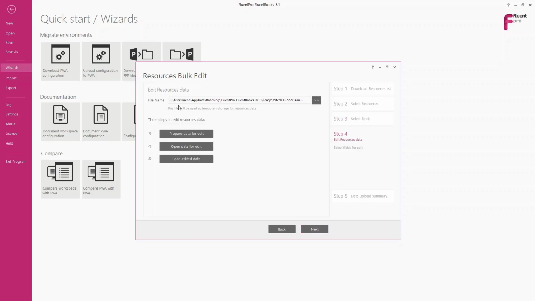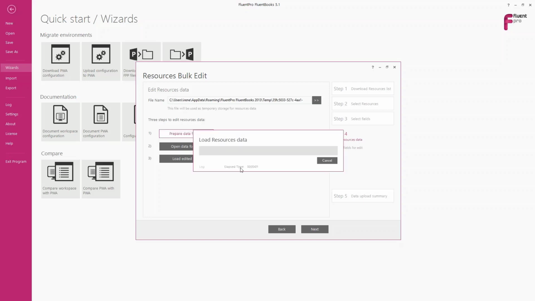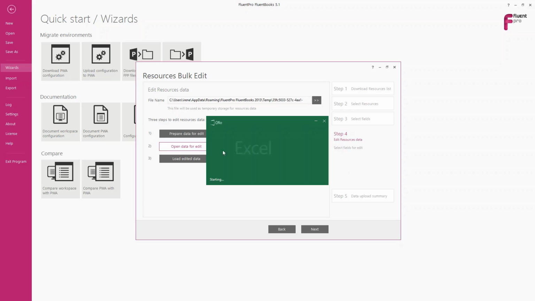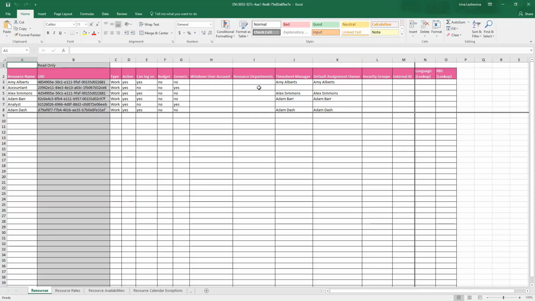Here we will need to provide the file name. It is provided as per default, but you can change it if needed. And as we click Prepare Data for Edit, FluentBooks will create this file, and this Excel file will be opened for us, and we will be able to edit the information there and populate the values for our resource fields at one go. So as we click Open Data for Edit, the Excel file will be open for us, and we